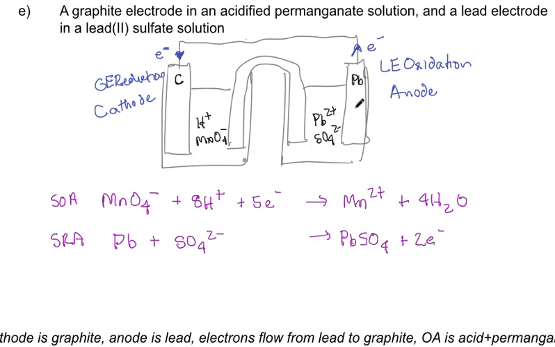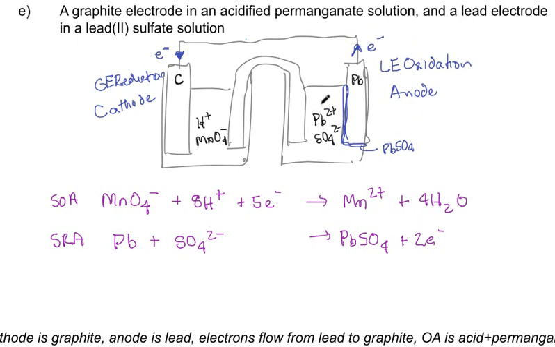Over on this side, lead metal, solid, is reacting with sulfate and forming lead sulfate, which is also solid. So there's going to be a layer of lead sulfate forming on top of our lead electrode. PbSO4 will coat the electrode and plate onto it. And this reaction shows that it's going to release electrons. So again, that makes sense that electrons will flow out of this electrode. They'll accumulate in the lead, and then because they have negative charges and don't like each other, they start fleeing over to the other side. So we've got our oxidation, anode, reduction at the cathode, electron flow, and